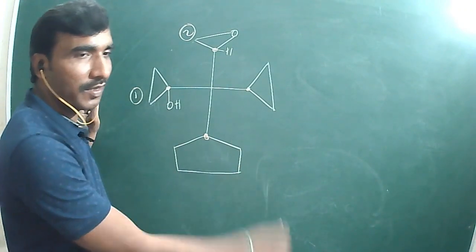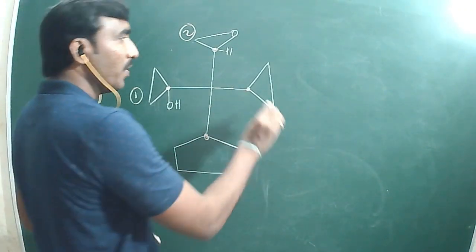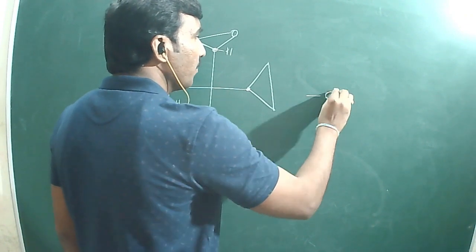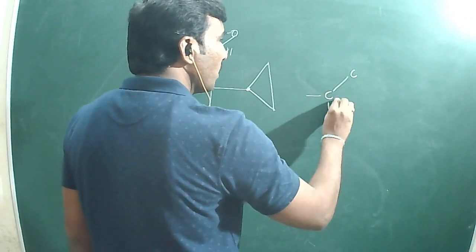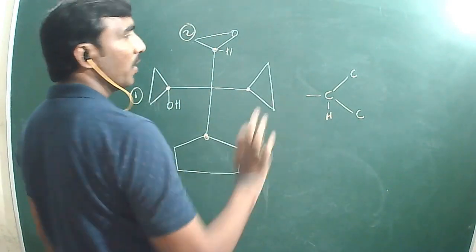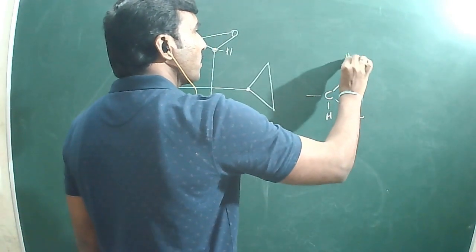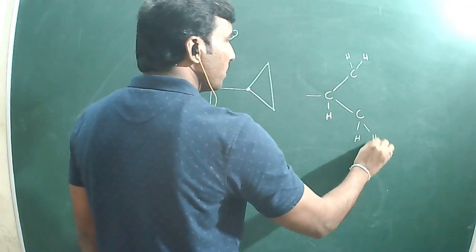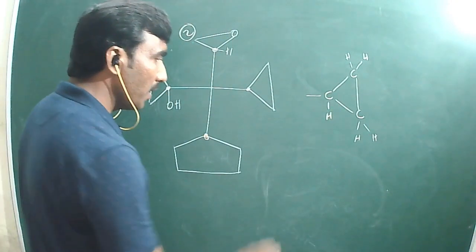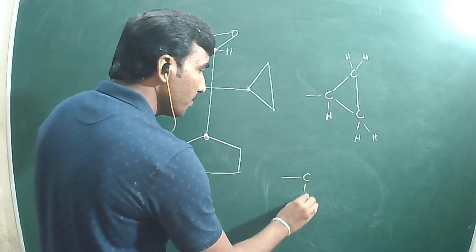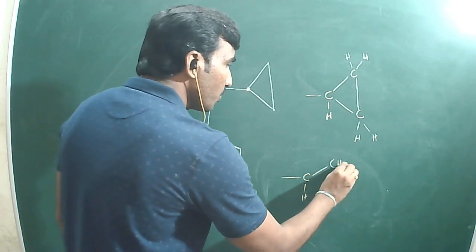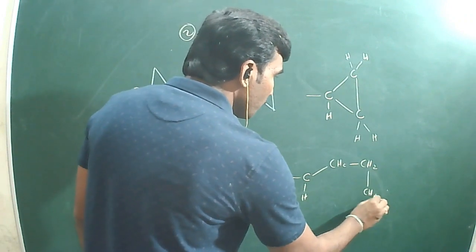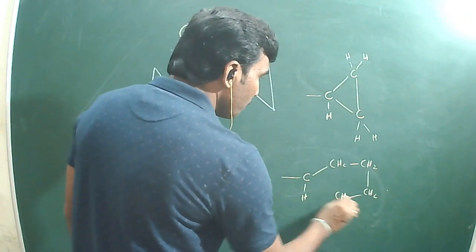Larger. You just think, first I am taking a 3-member ring. It is attached with two carbon atoms and one hydrogen atom, and it is again attached with two hydrogens, and it is two hydrogens. These two are like this, and here first say then CH2, then CH2, then CH2, then CH2, then this one.